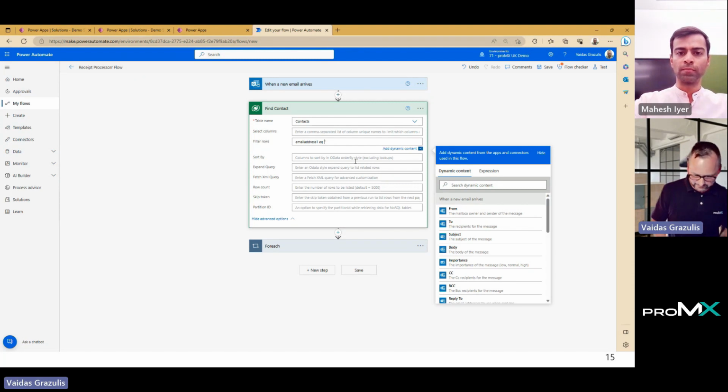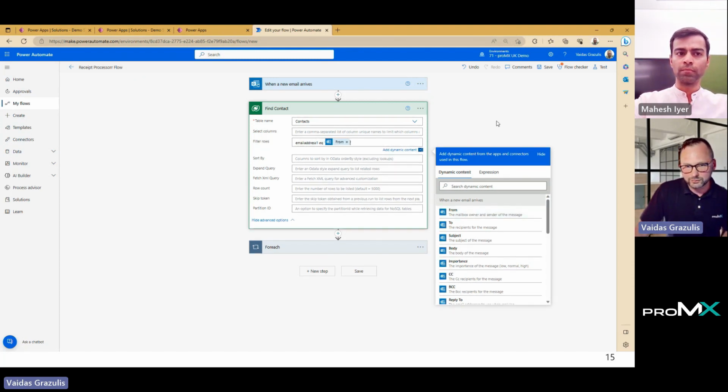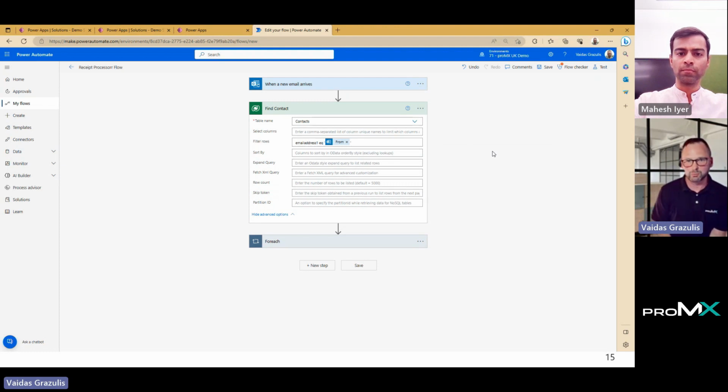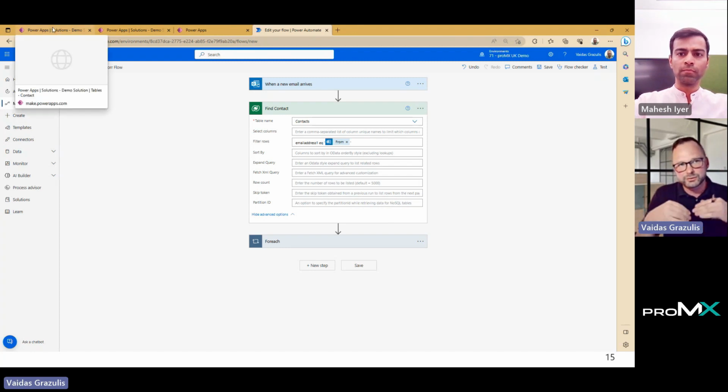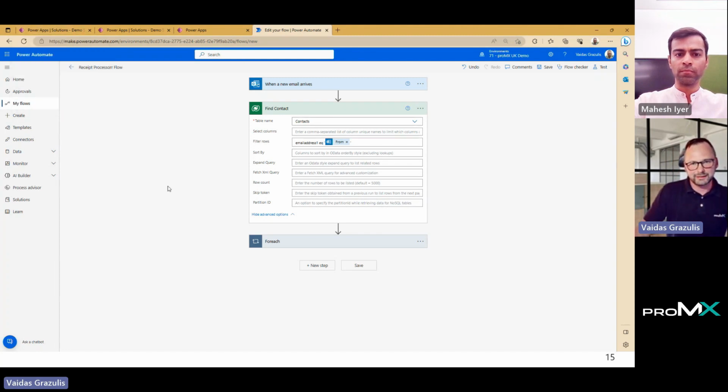So that needs to be within the speech marks, but this type of expression would return us the required contact. Now, knowing that we will use the return of this contact in our process to link the receipt with the contact, there's no need to return the full, rich metadata that Power Automate would give us if we were to request the response about the contact. So to limit that, again, we could use this option called select columns. And then here we could just provide the column logical names for Power Automate to return to us.